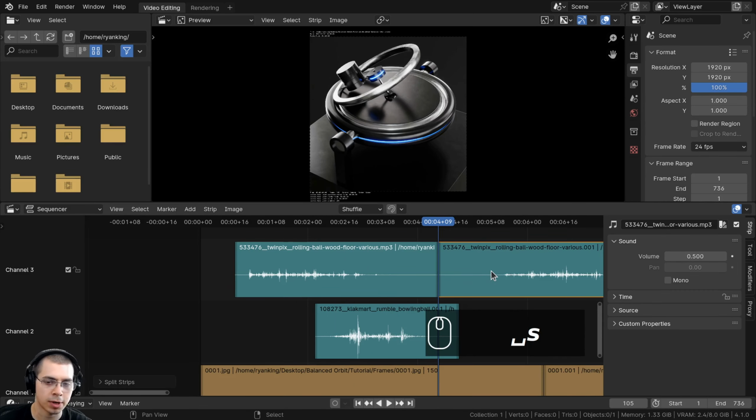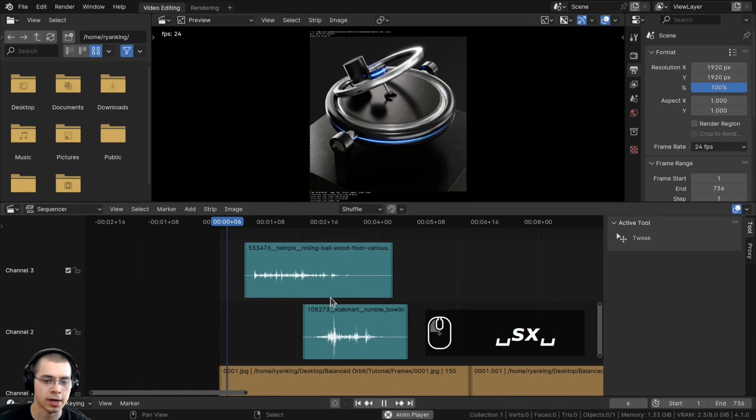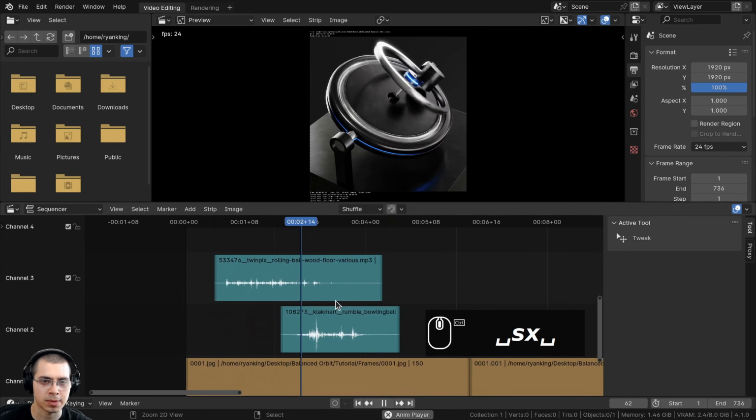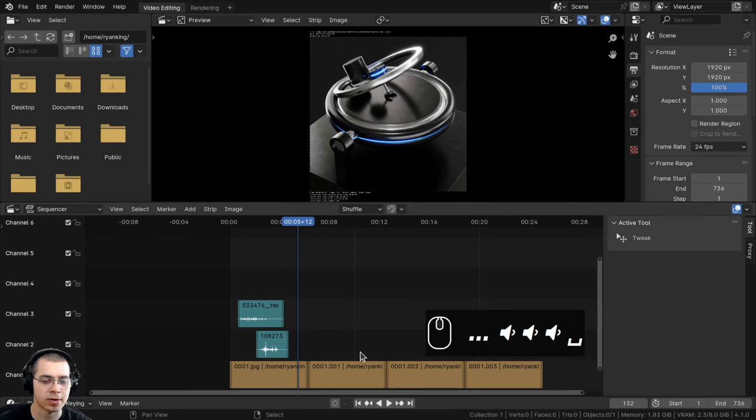So I'll press the K button, or in my case, the S button to cut that, and then we'll just delete the rest of the audio. So now we can just play through this and we have some nice sound effects. Now that I've added those 2 sound effects, I want the same sound effects to be looped.